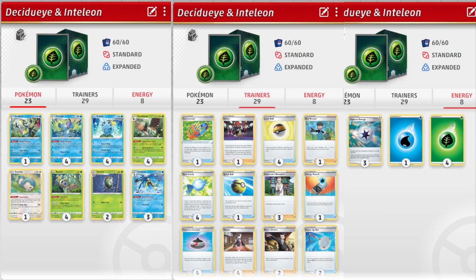Decidueye and Inteleon is simultaneously the best and worst deck of the bunch. The whole gimmick with Decidueye is the Deep Forest Camo ability, which makes you immune to damage from Pokemon V, VMAX, and V-Star. Mew VMAX can easily beat you, and Shadow Rider Calyrex V also presents problems, but for other decks out there, if they only play attacking V Pokemon or only one non-V Pokemon, you have a very good